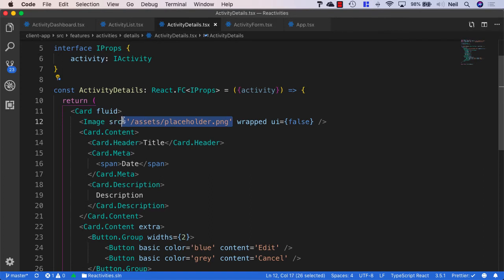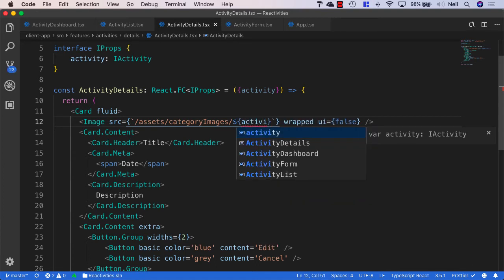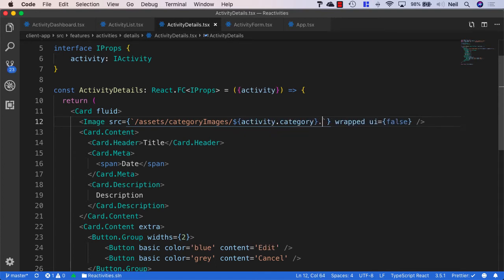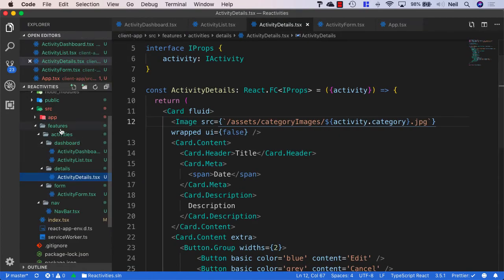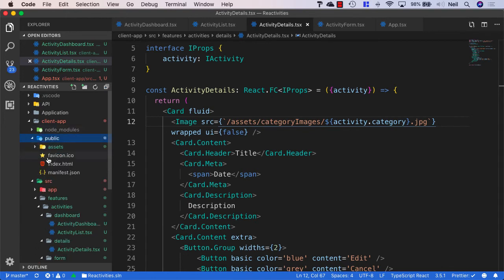So what we'll do is this image source, we'll make this an expression, and instead of using apostrophes we'll use backticks inside here. And what we're doing for the category images is nothing particularly clever, basically. I'm going to change the path from assets and category images / then the $, and then we're going to specify activity.category and then .jpg, because all of our category images inside our public folder, inside the assets, are located